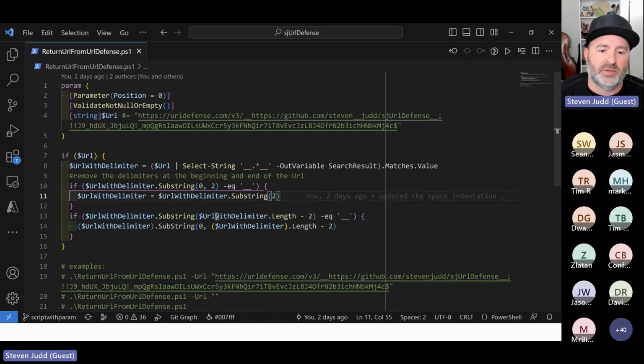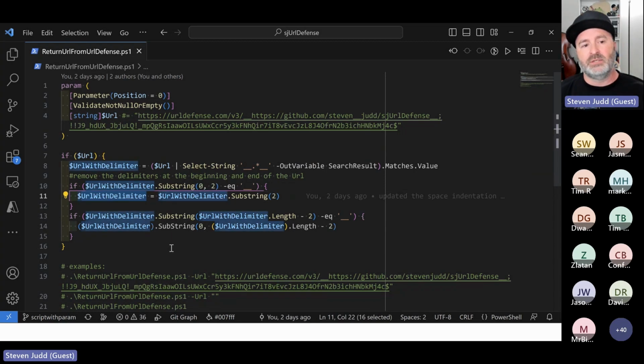And then if substring URL delimiter length -2 equals double underscore, then length -2. Okay, this time it's -2 because I rewrote URL delimiter. Now, what does this do for us? Now it doesn't necessarily have to have the double underscores on either end, but yes, it does because my regex demands it. I just did this to show, hey, I'm checking to see if it's still got the double underscores at the beginning and at the end.